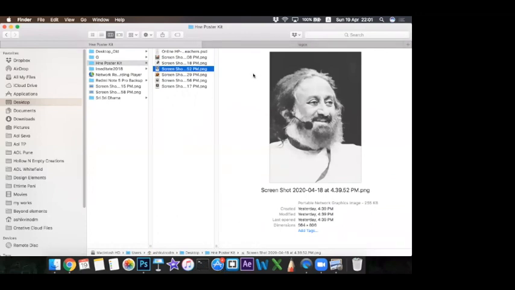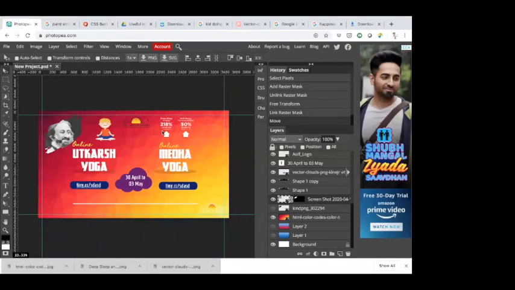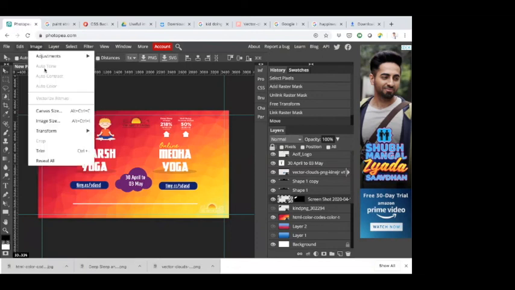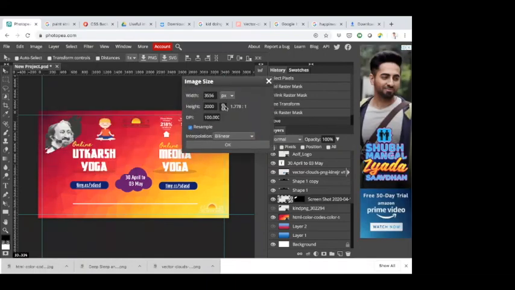Okay, now one more thing is you can always change the dimension anytime you want. If you accidentally gave a wrong dimension and want to change it, you can do that by clicking on image, image size, and then you can change the dimension proportionately. So if this link button is clicked, what it means is that if you increase width, the height also will increase together with that. If you unlink that, only the width will get increased, and the height will not. So that is about that.